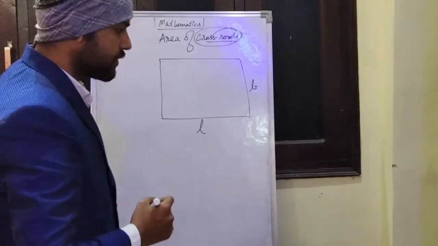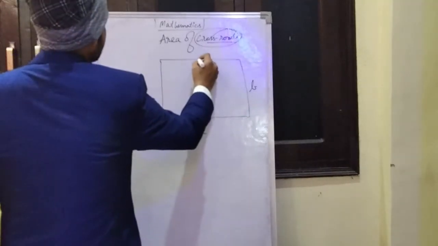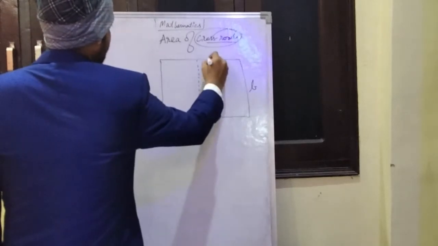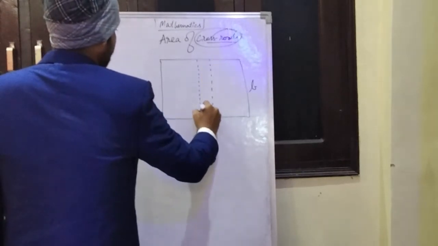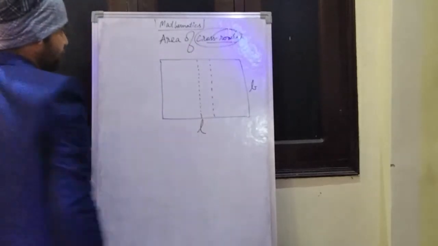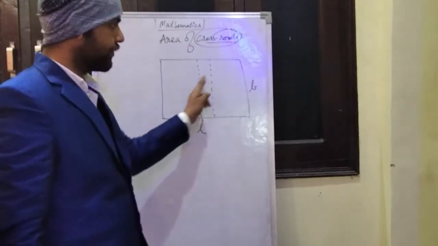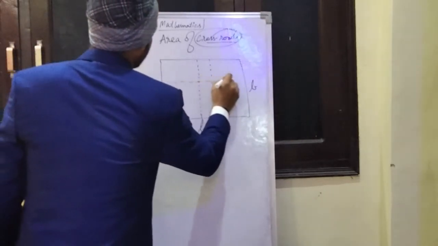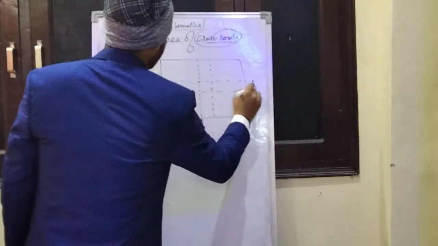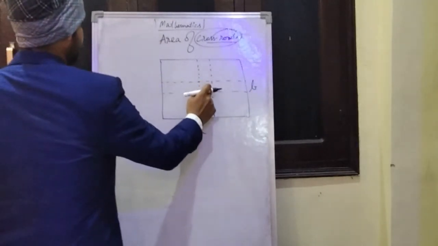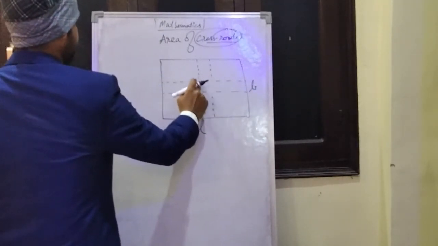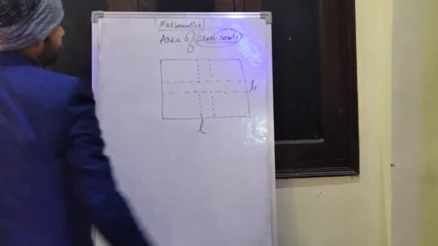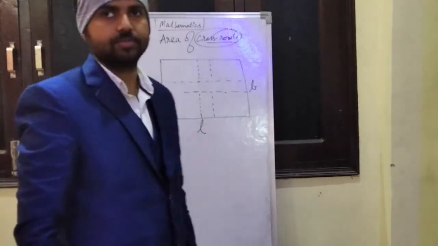Now crossroad means the road which is made passing through the middle part of the garden. One road will be vertical, or you can say parallel to the breadth of the garden, and the second road is parallel to the length of the garden. So you can very easily see that these two roads are crossing each other.